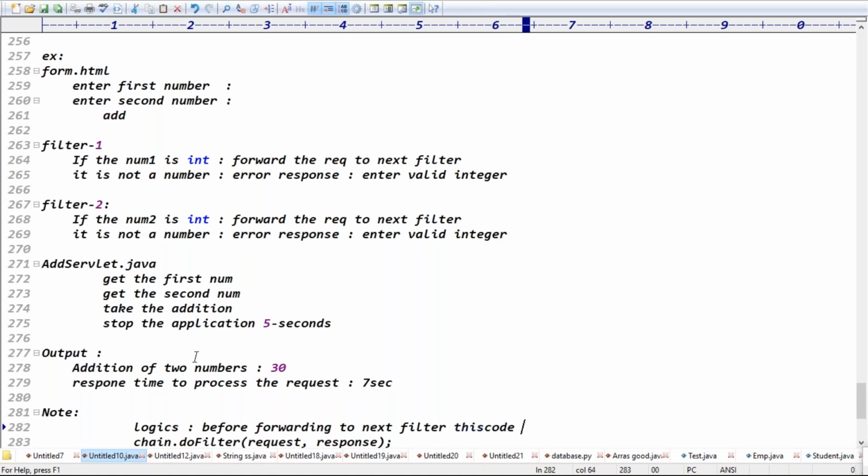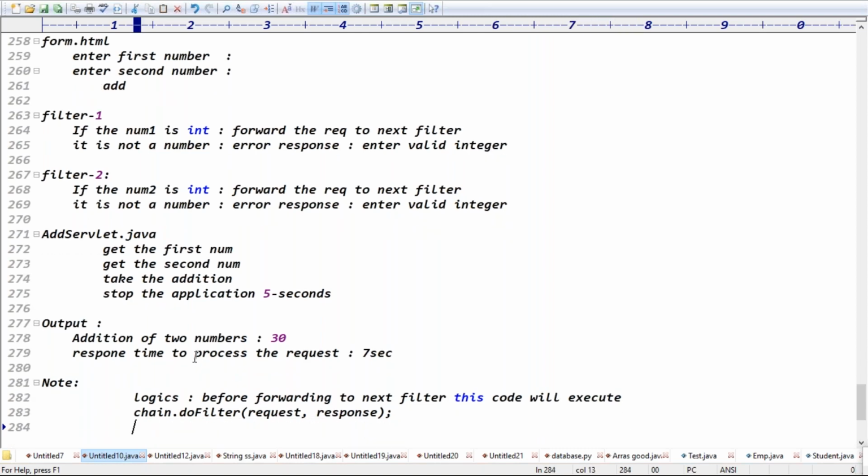Whatever comes next, guys, here, if you put the logic, it means when the response comes back from the filter, this code will be executed. Now you got the clarity, guys. Are you clear? Yes, sir.